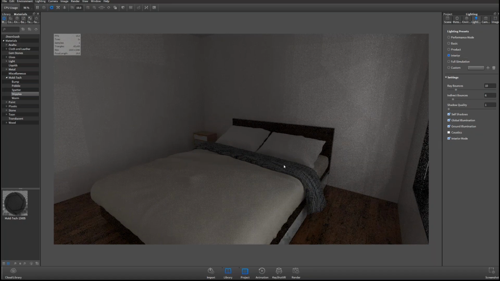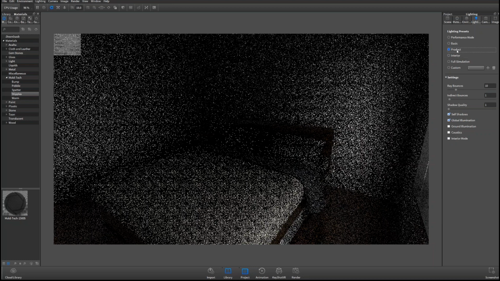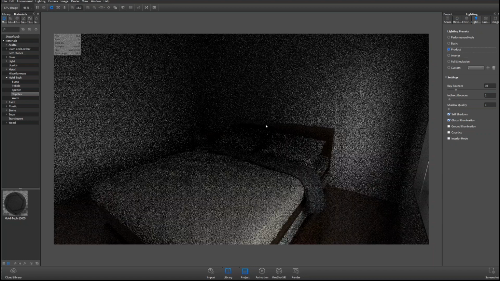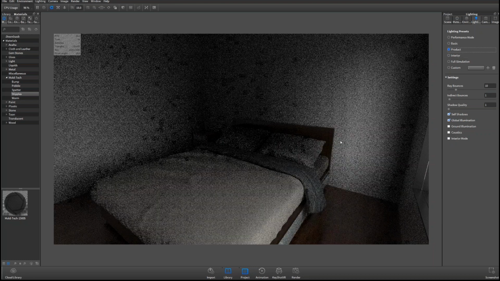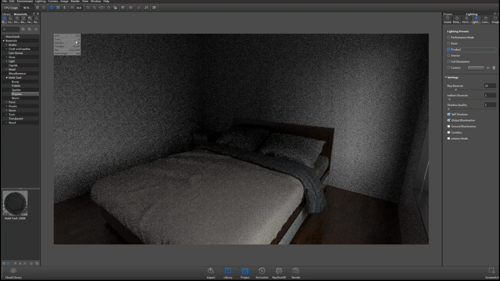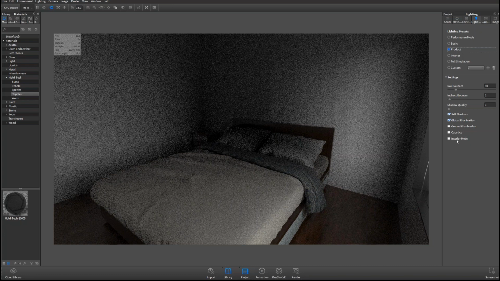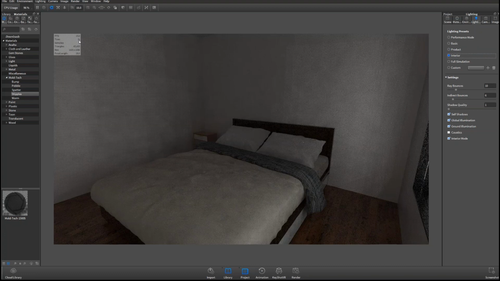Whereas if I just go to product, it will eventually get to a nice resolution, but you can see I have a little timer going in my heads-up display. That's new. If I let it sit for 10 seconds, it's still pretty grainy. Now if I just enable interior mode, we won't even hit 10 before it looks way better than the previous one did.